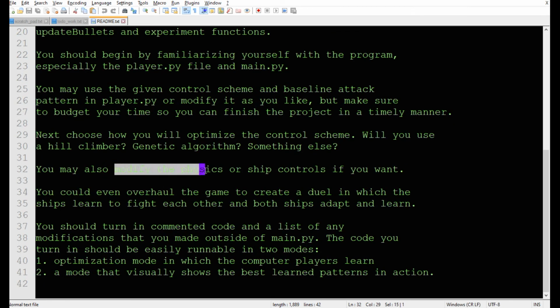You may want to modify the physics or the way the ship controls. That would be an interesting extension that I can give you some extra points for if you choose to do. Probably talk to me about what your idea is if you're going to choose to do that. But what you have to turn in is commented code, a list of any modifications that you made outside of main.py if you changed anything else,